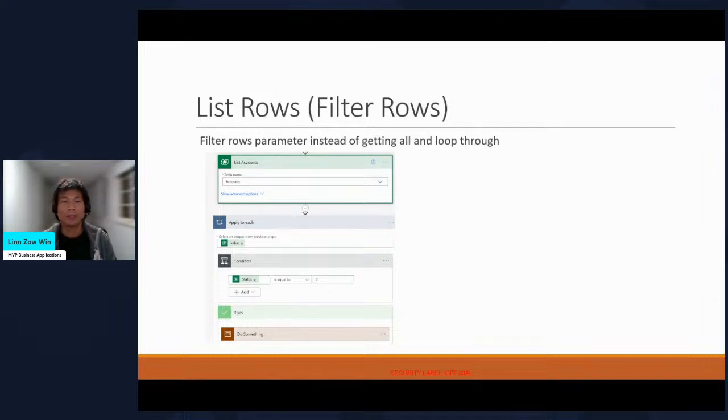And one of the things that I noticed some people do is, instead of filtering, retrieving all the records and looping through them in the conditions. So for example, here you retrieve all the accounts and then loop through all the accounts and check, okay, if the status is equal to active or zero, do something, right? So imagine if you have 1,000 accounts, your flow will retrieve 1,000 accounts and loop through 1,000 rows and then do the processing. Instead of that,